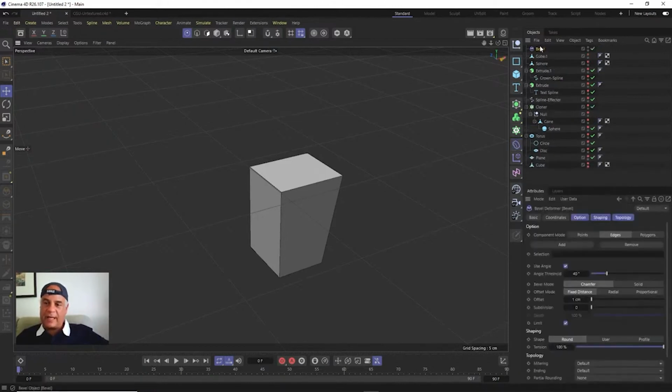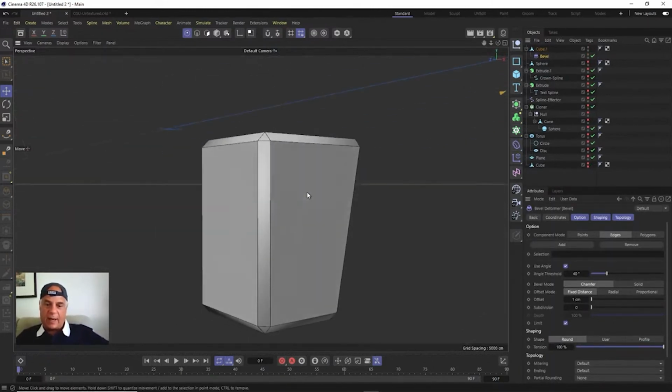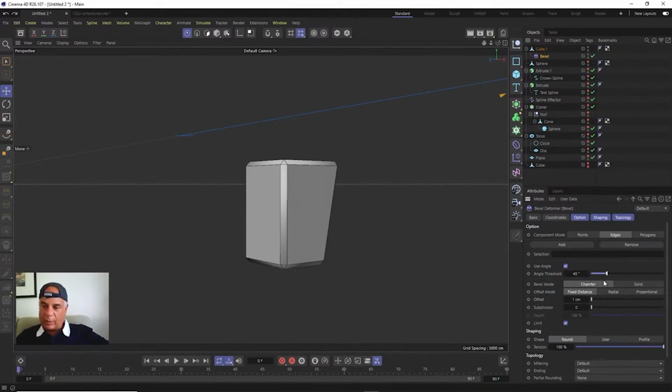So if I choose that, and if I drag that as a child of that, you notice it starts beveling this thing. Okay? So it's giving it a bevel. It's a little bit big. Now the nice thing about this bevel